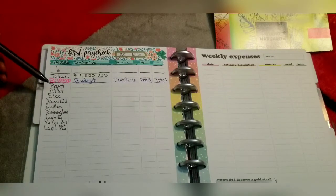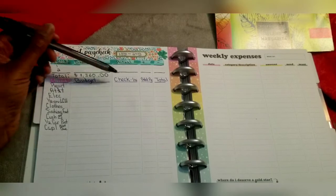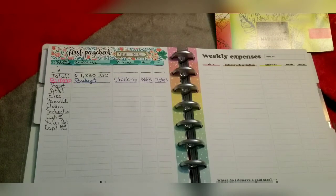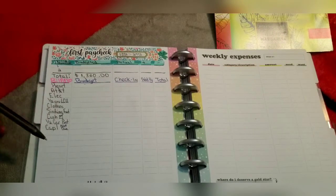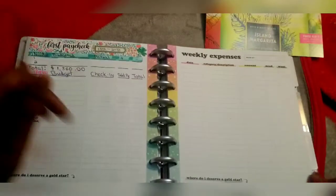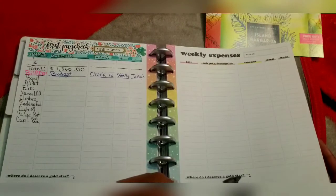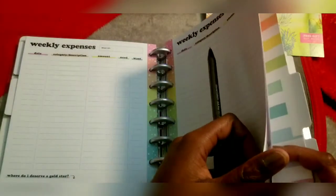And when it comes to the bills, you have bills, expenses, budgeted, check-in, additional payment just in case I may want to pay something extra, and total. So when it comes to the first paycheck, we just have these here until I have everything else added, and then I would make another video about this where I would put in the totals or my budgeted amount. And on this page here, typically it would be for the second paycheck, and of course I'll have these pages